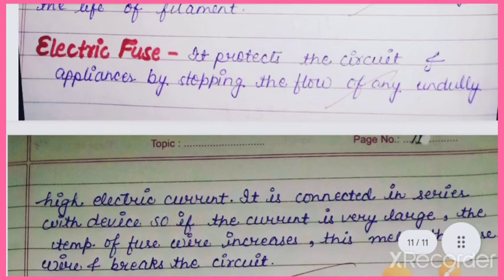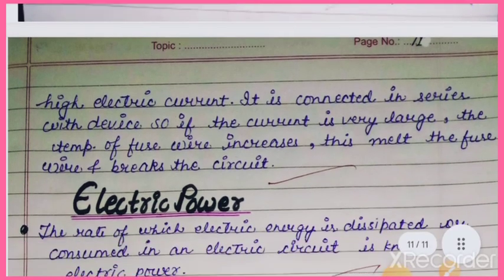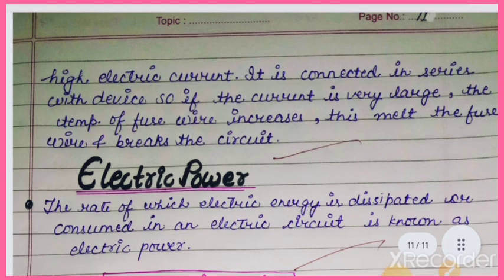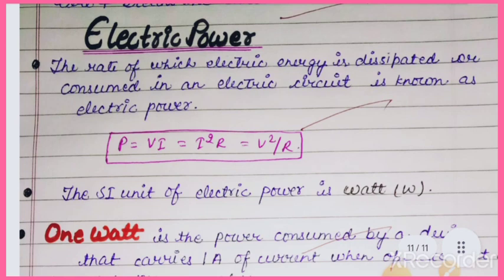And the electric fuse protects the circuit and appliances by stopping the flow of any unduly high electric current, and it is connected in series with the device. So if the current is very large, the temperature of the fuse wire increases, and this melts the fuse wire and breaks the circuit, right? Okay, electric power, the rate at which electric energy is distributed or consumed in our electric circuit